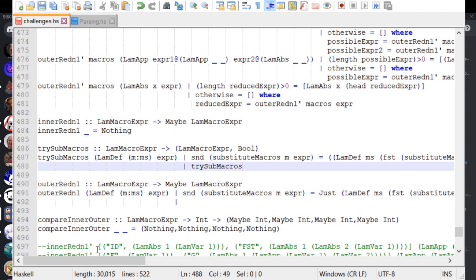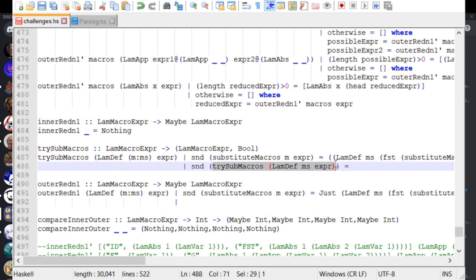Then here we recurse with this, but instead of with this we just have m's, right? Now we want second of this. If this is true,